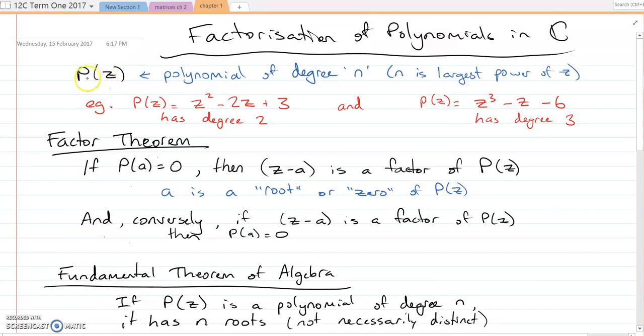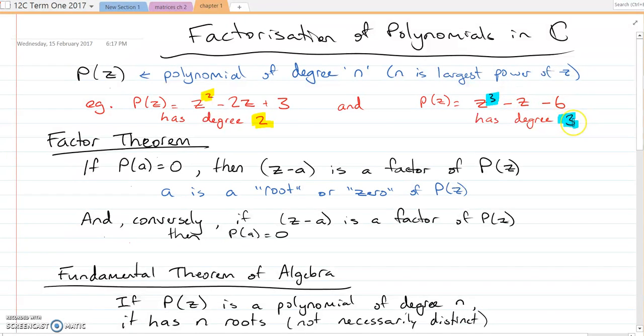Okay, if we write p(z) to represent a polynomial, the degree of the polynomial is the number that's the highest power of z. So have a look at these examples. If p(z) equals z squared minus 2z plus 3, the highest power is the 2. So this has degree 2. And the next one has